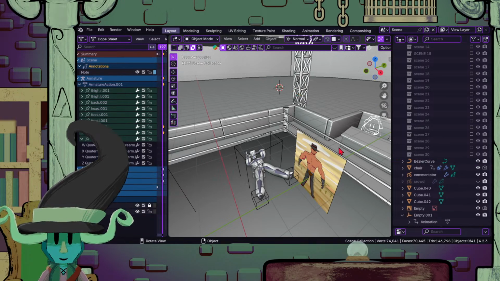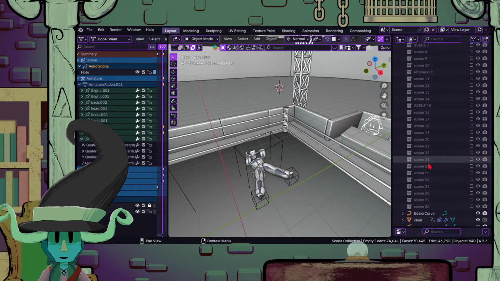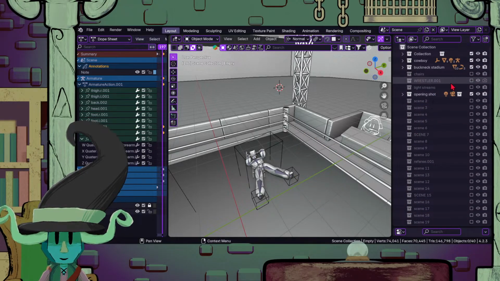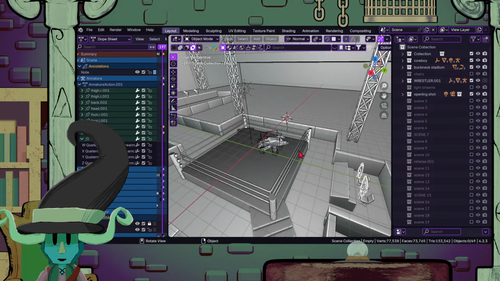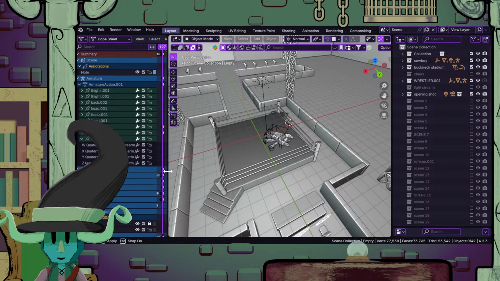So I'm just gonna hide some of this stuff here, like this empty image here, and I am also gonna bring up my wrestler 3D model over here. So I did a bit of tweaking with the animation here. It's a very solid tweak,